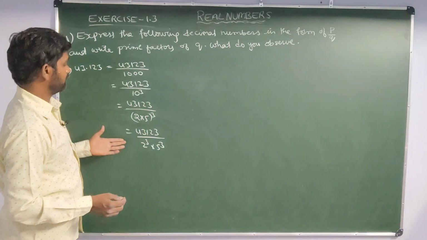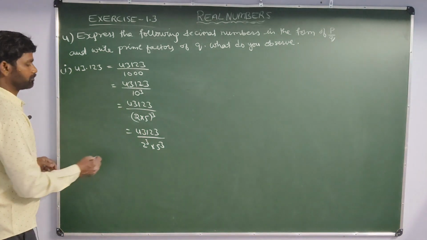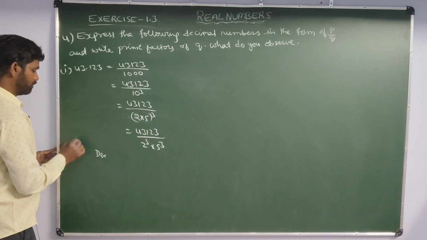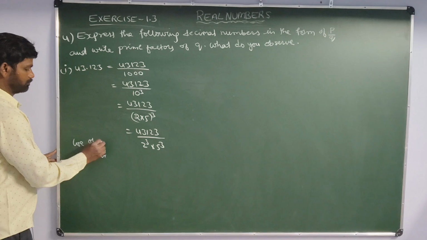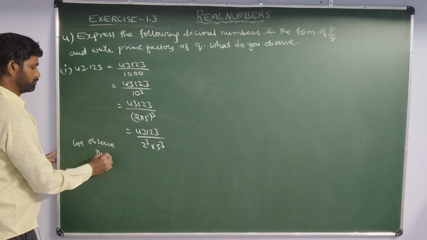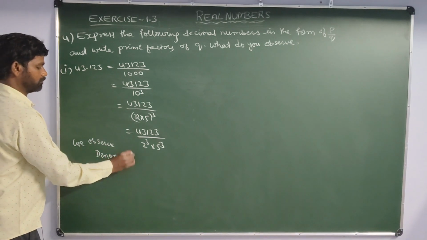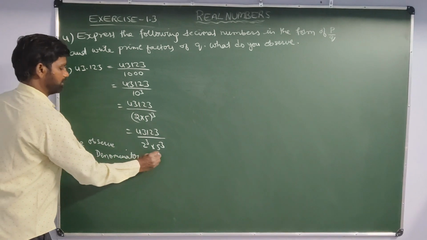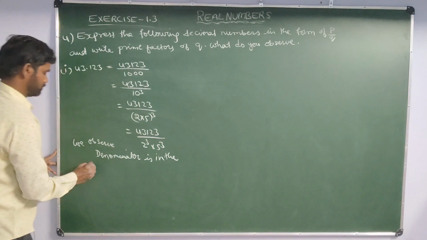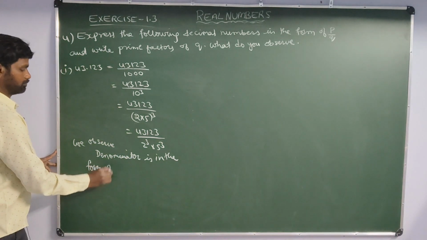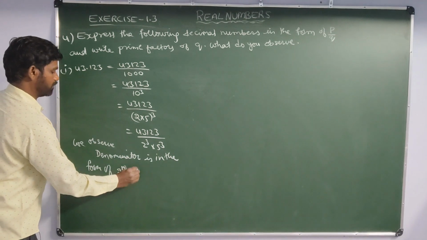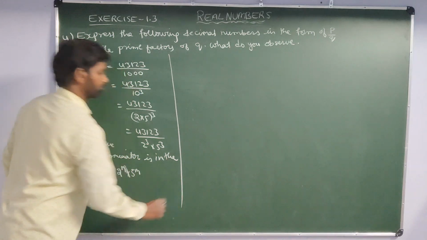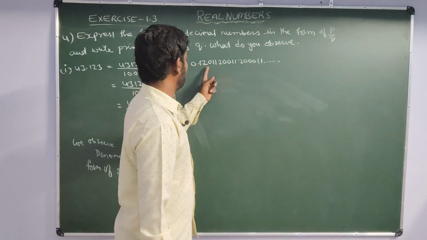We observe that the denominator is in the form of 2 power n into 5 power n. Next question,